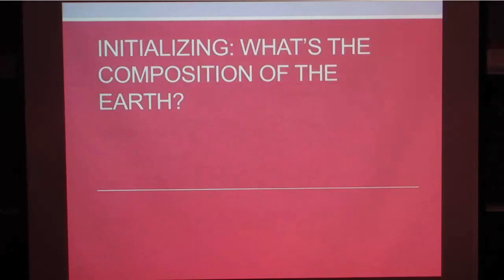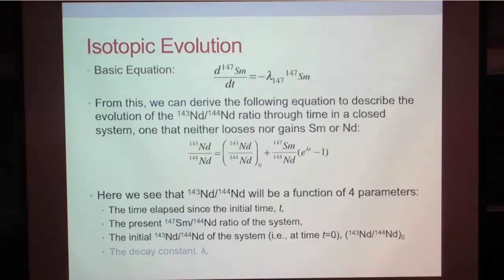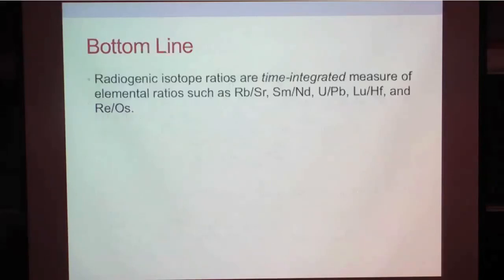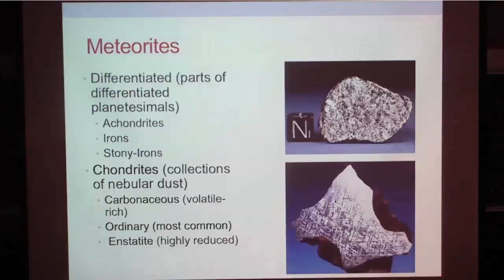Okay, so what's the composition of the Earth? We'd like to know that, for example, if we're going to evolve neodymium, where did we start? Generally we start with meteorites, which we can divide into two classes. Differentiated meteorites, such as these. These are parts of differentiated planetesimals, like this eucrite, which is a piece of Vesta,